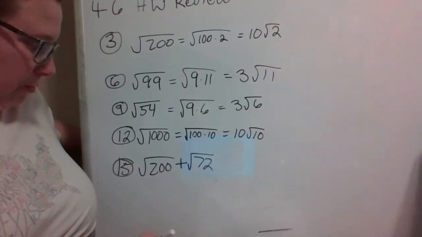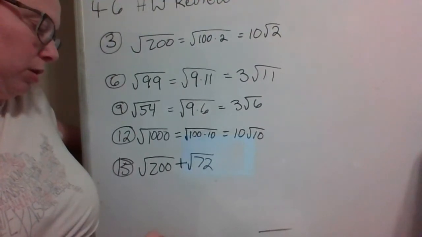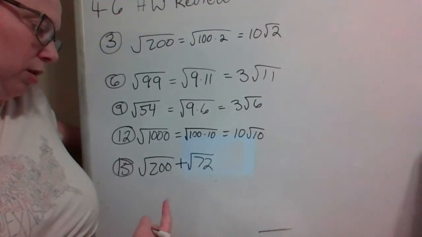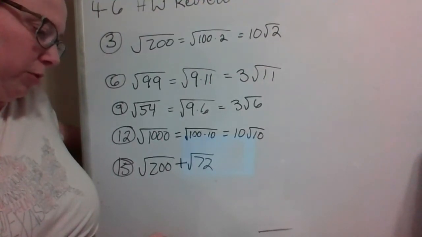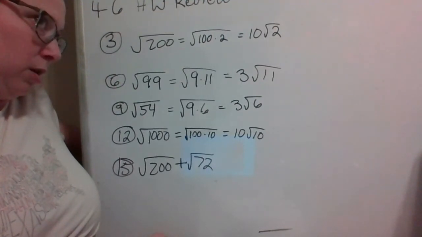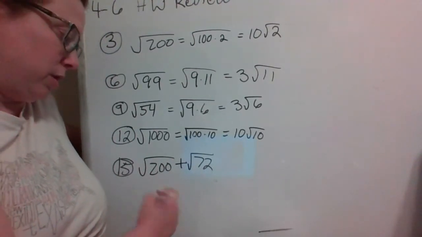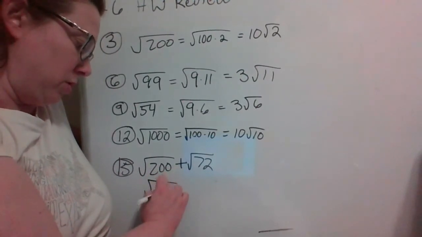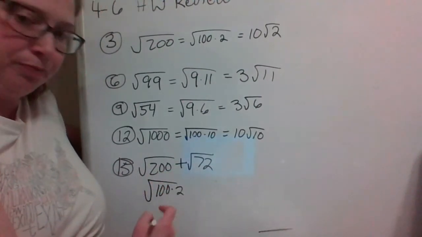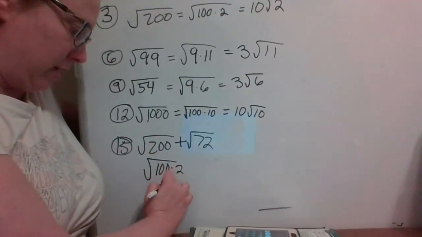The last one here, we have square root of 200 plus the square root of 72. So we're looking to see if we can break those up into any perfect squares that we know. So I'm thinking we have 100 for this, which would be 100 times 2. Square root of 100 is 10. So then we'd have 10 root 2